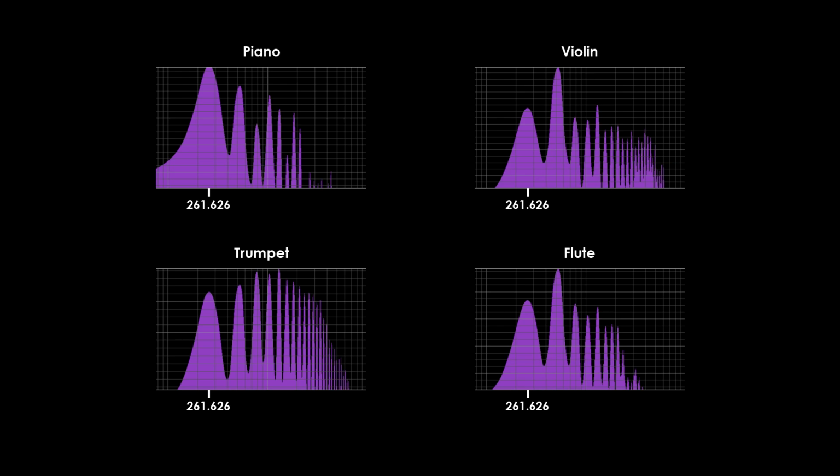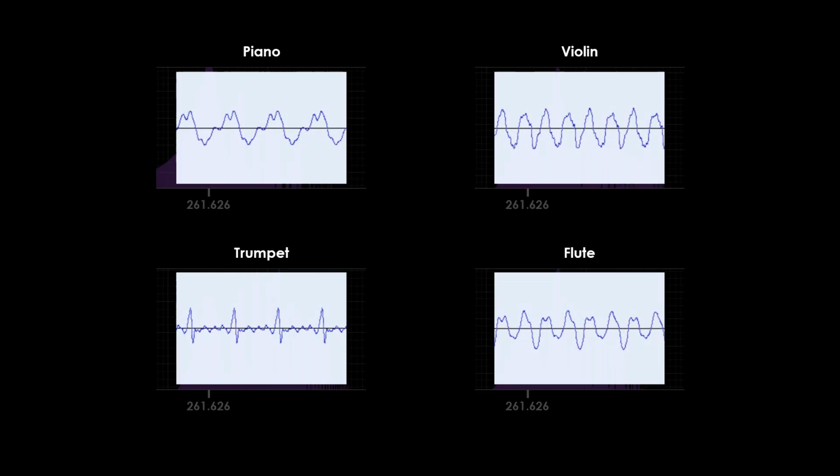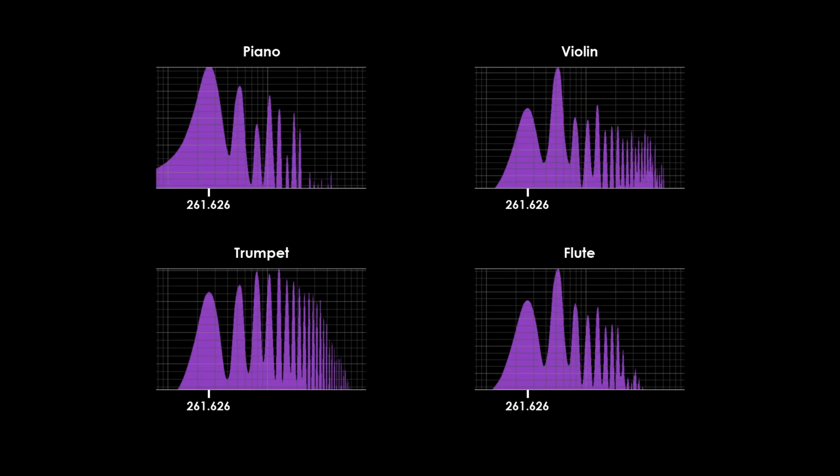Musicians often refer to timbre as the color of the tone. This is an analogy of how the colors that we perceive visually are also combinations of different frequencies, just that in the case of colors, they are electromagnetic frequencies. The waveform, the frequency spectrum, and the perception of timbre are all directly related.